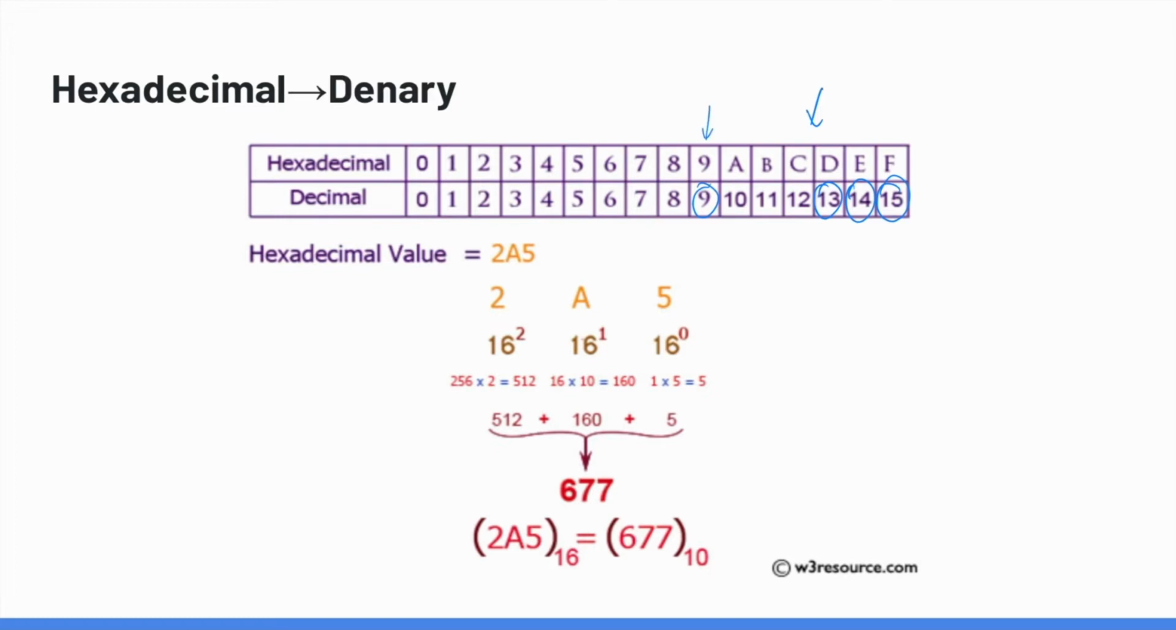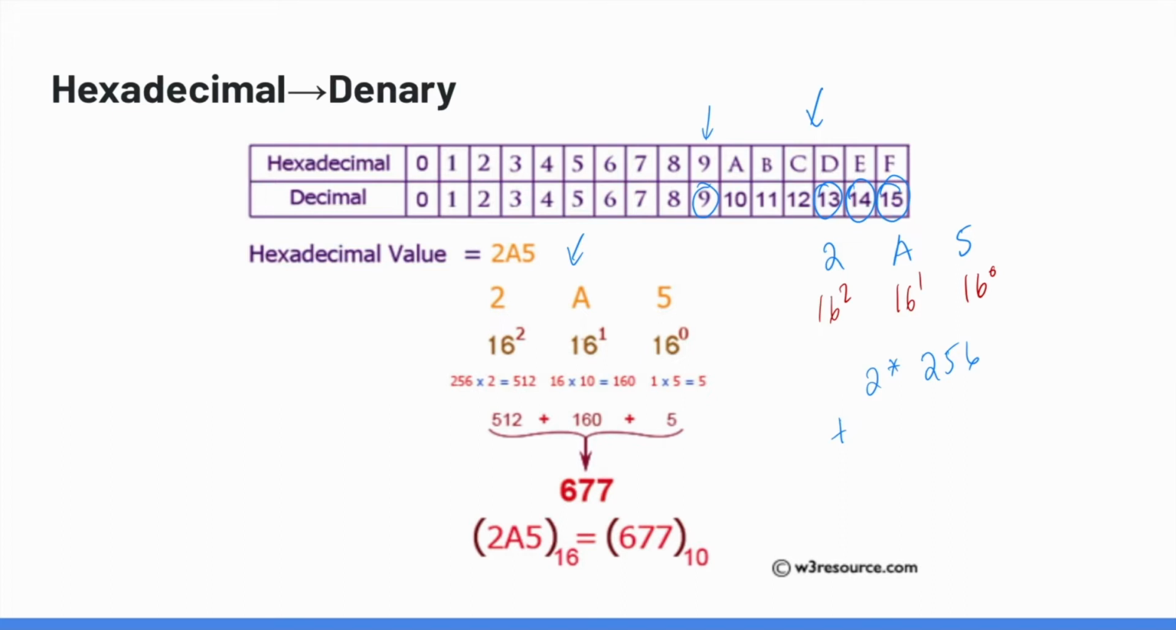So we're going to look at this value right here, which has 3 digits. We have 2A5, right? 2 represents 2, A represents 10, and 5 just represents 5. So this is going to be 16 to the power of 0, 16 to the power of 1, and 16 to the power of 2. To get the equivalent denary value, or decimal value, which we're used to, we could do 2 times 16 to the power of 2, which is 256,